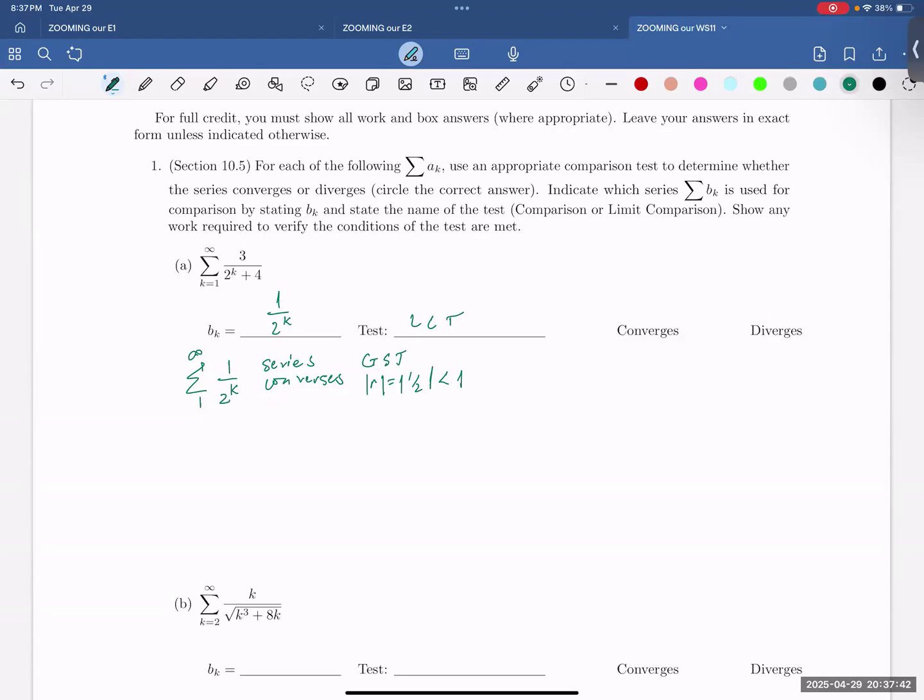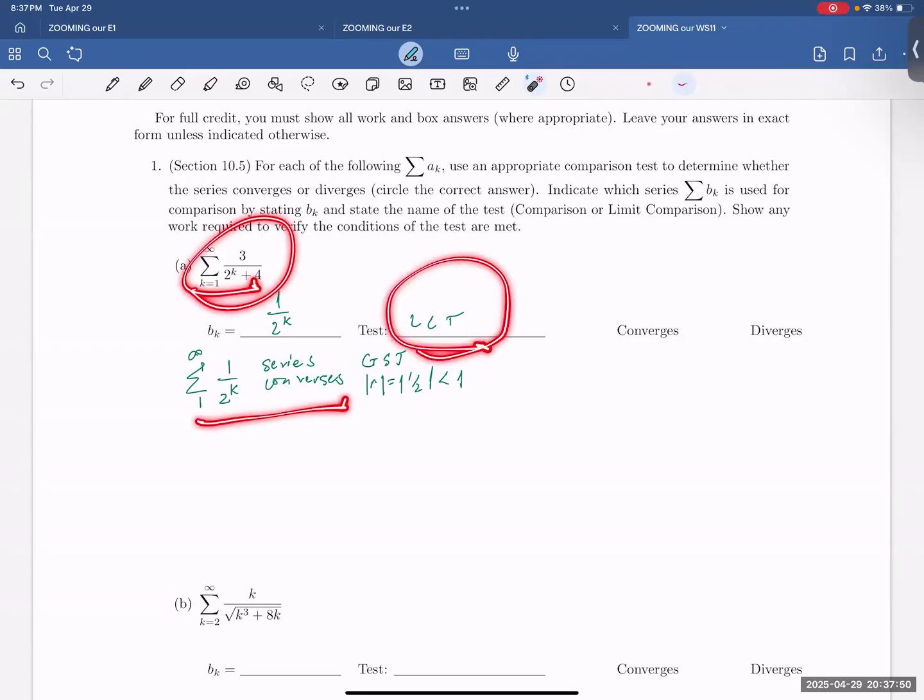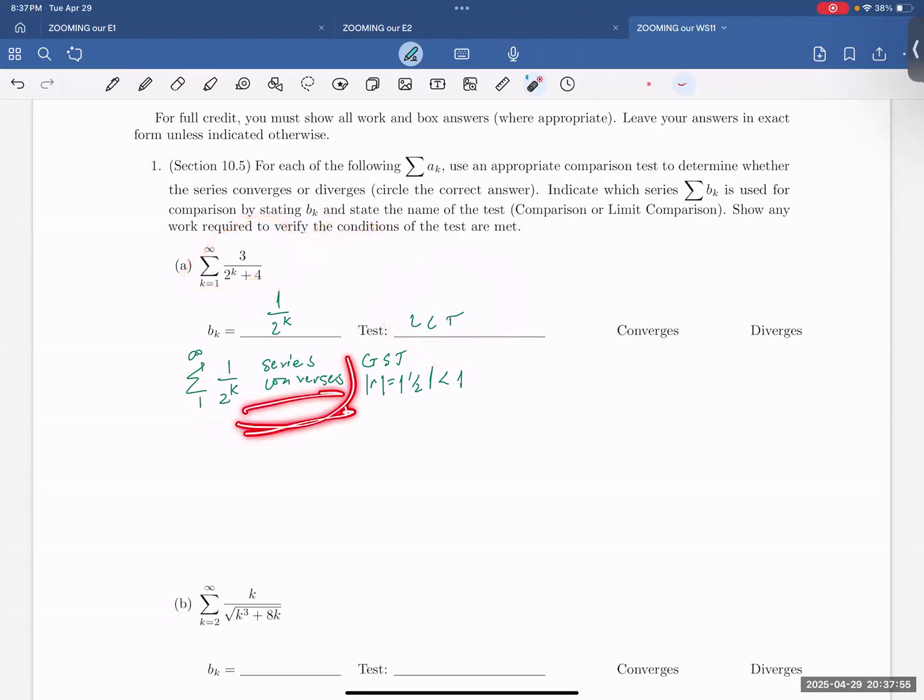All right, then we have an original series, we have a comparing series, and for the limit comparison test to imply convergence for this one, the original can only do what your comparing does. If your comparing converges, your original can only converge. If your comparing diverges, the best you can say is that your original diverges. Otherwise, inconclusive. So with a converging comparing series, you want to take this limit, and it needs to not be infinity to be able to conclude convergence also for the original. So take your limit,